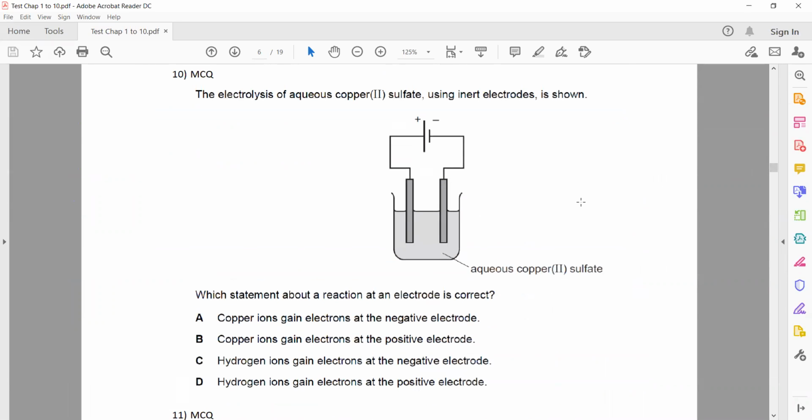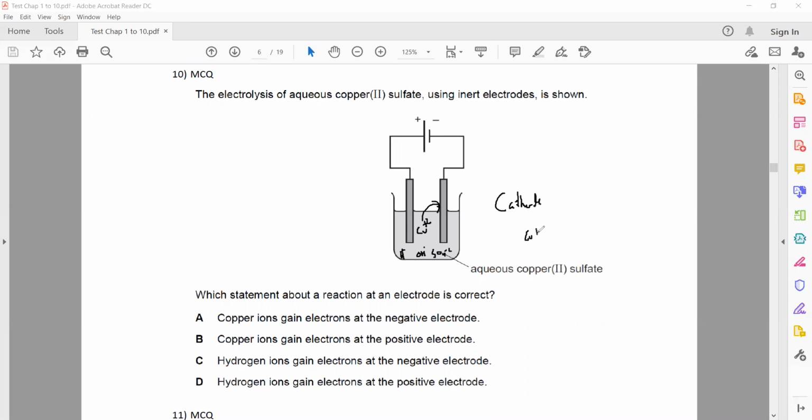Question 10. Electrolysis of copper sulfate using inert electrodes. Which statement about the reaction is correct? So copper sulfate is there. It contains copper ions, sulfate ions, hydrogen ions, and hydroxide ions. Copper ions are positive and less reactive, so they are attracted towards the cathode. So when copper ions are attracted towards the cathode,